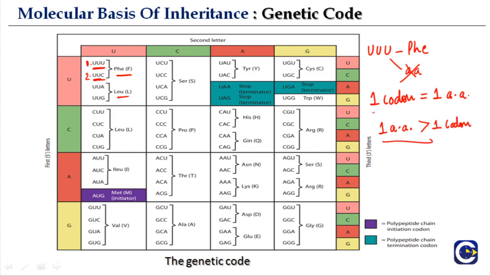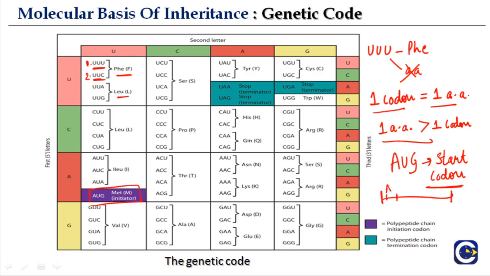Okay, we will see this soon, but this should be quite clear by now. What you have to remember from this table is AUG. AUG acts as the start codon. It is where the process of translation will start. Whenever the mRNA sequence has AUG, it means this is the initiation codon or the start codon. But in addition to the start codon, it also codes for methionine. So this is important that you know that the start codon AUG also codes for methionine.